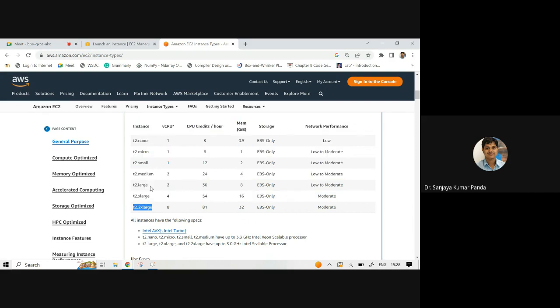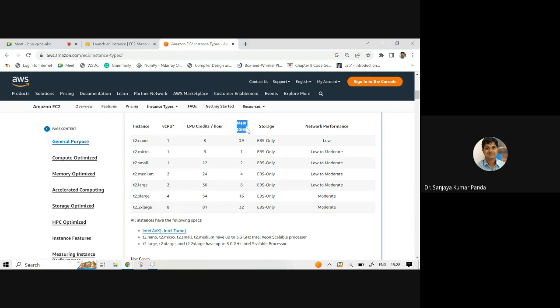These instances are different from each other in terms of virtual CPU, which is represented as vCPU here, CPU credit per hour, and generally we consider 1 credit per hour. If you run 2 machines, then 2 credits per hour.